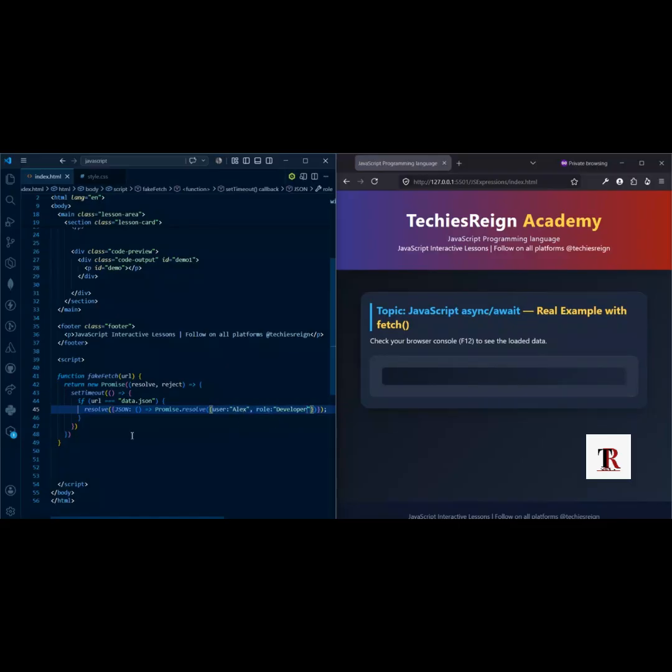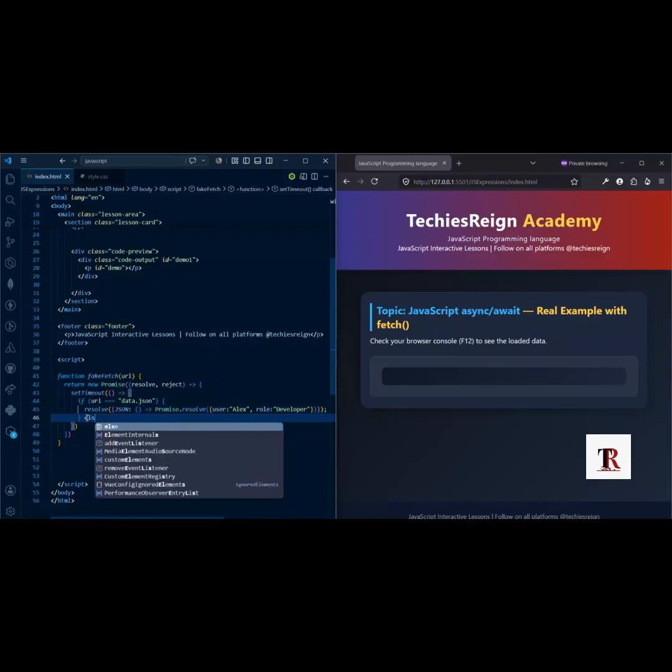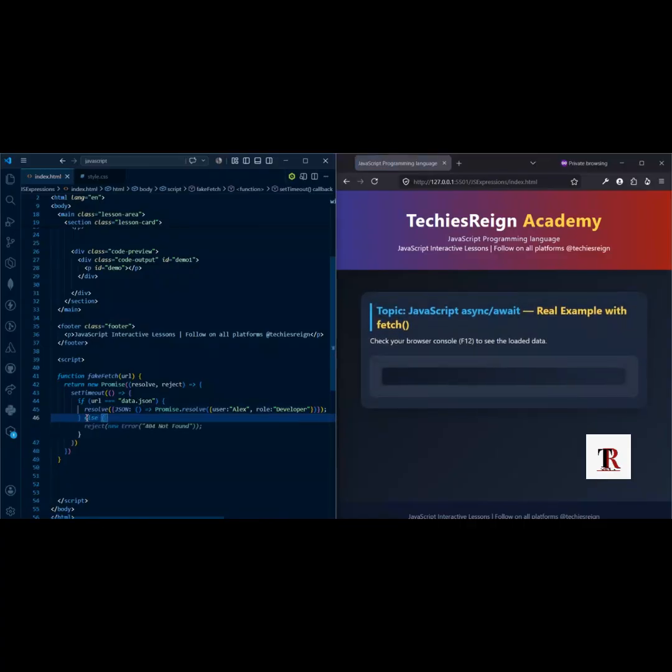So now at the back of this, I want to have else, that is, if success is not being returned from the result, I want whatever it is to be returned as either an error or a success. And that is the purpose of the else part, in order to catch errors gracefully. Reject error 404 file not found. So in case there's an error, then I want this part to catch that error